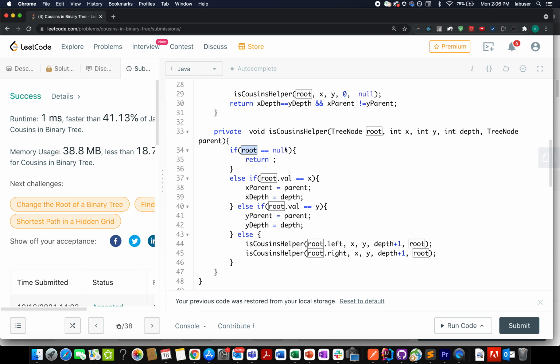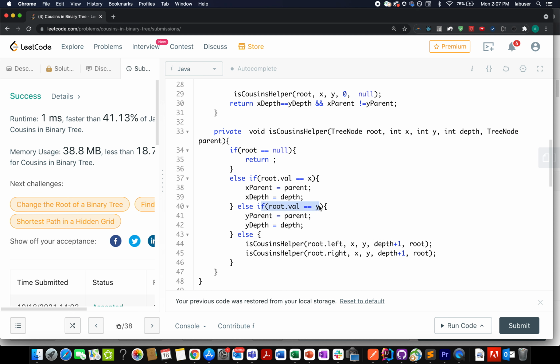The first case is pretty simple and straightforward. If root happens to be equal to null, I simply return and abort the process. Otherwise, I go and check if my root.val happens to be equal to x. Then I update x parent to be the parent that I have passed in the parameter of the helper method. I also set x depth to be equal to the value of depth that has been passed.